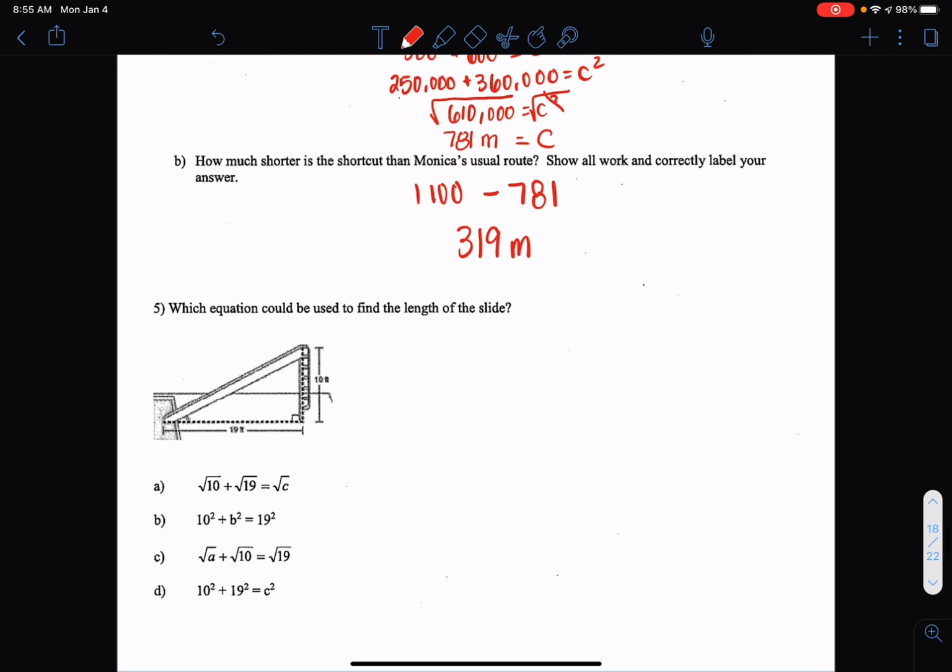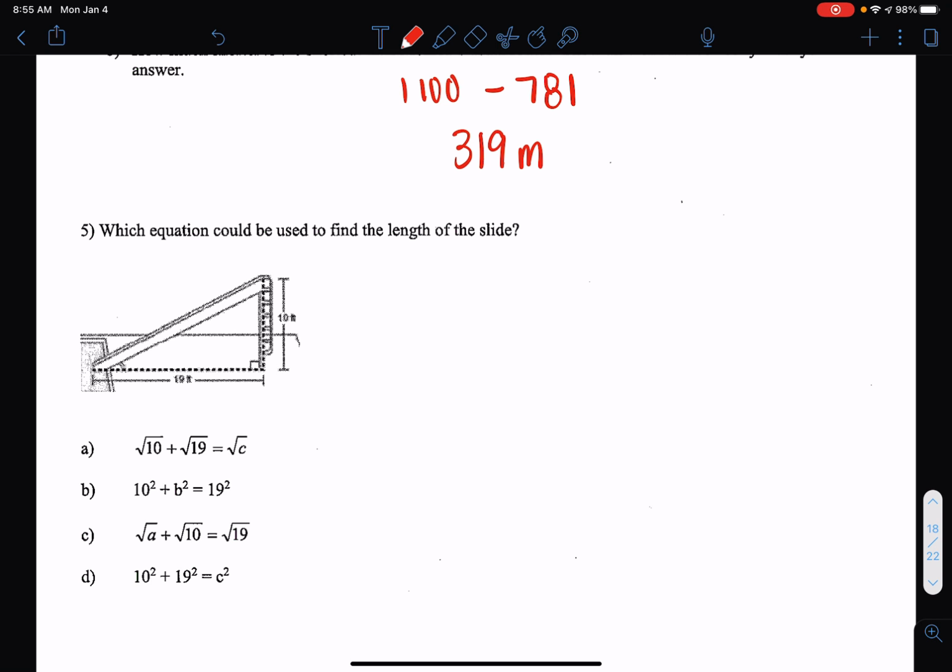All right. And the very last question, which is, which equation could be used to find the length of the slide? So the length of the slide is right here, which is once again represented by our hypotenuse. And when we are using the Pythagorean theorem, we have a squared plus b squared is equal to c squared. Now, when we're using that, we don't usually see any square roots, and we can't really use the square root to cancel out, because if we were to cancel out the square root, they would both cancel out, meaning there would be no square root in our equation. So that means that we can go ahead and cancel out a and c, because we're not going to see a square root in our equation when we're trying to find out that